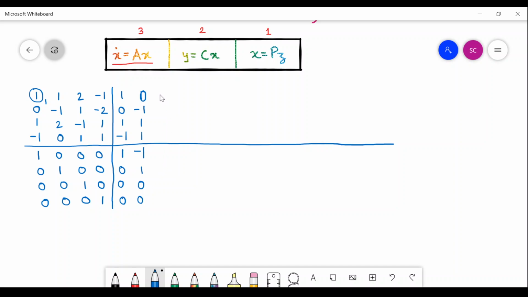So what you are doing here in order to make this 0, you are subtracting the first vector scaled by 2, so scaled by minus 2 and then adding. If you do this, you will get this vector here, this would be minus 2 0 1 0. Then for this one you can simply add the first vector and you will get this as 0, this is minus 2 0 1.